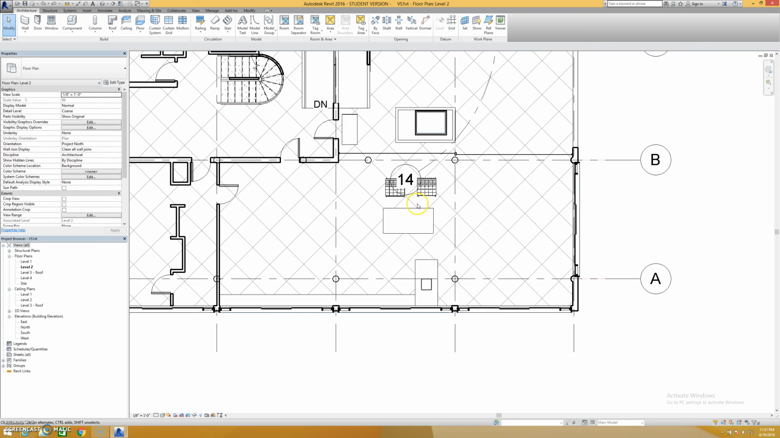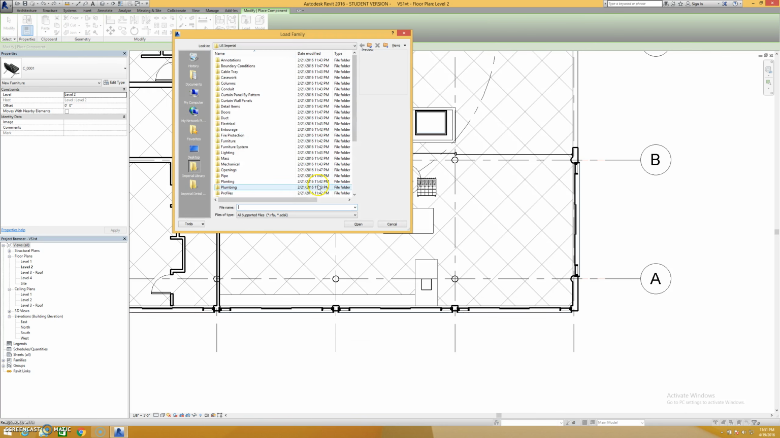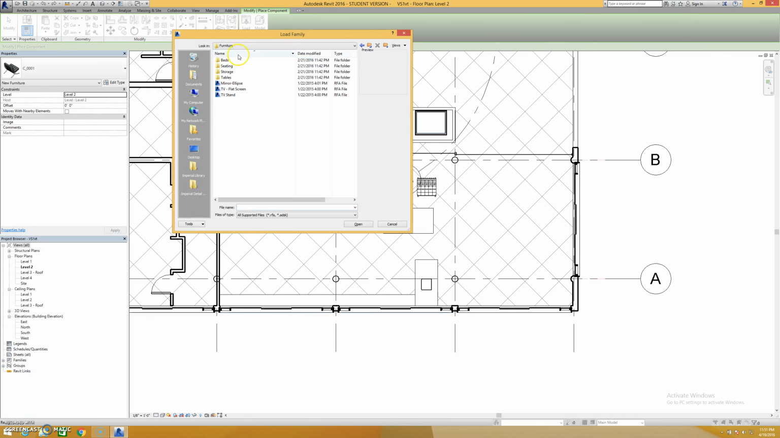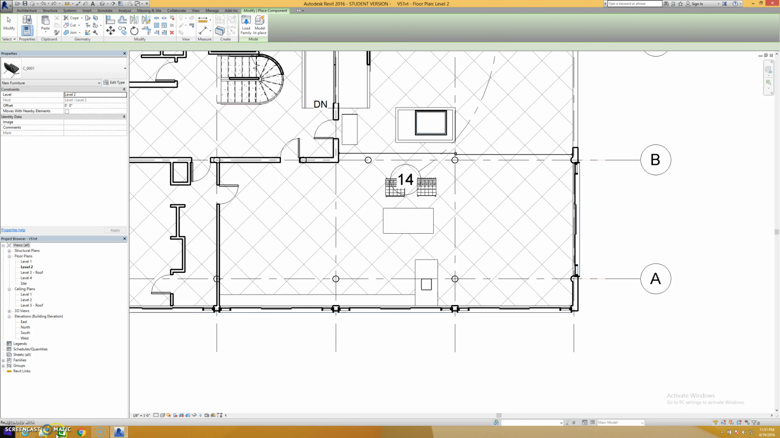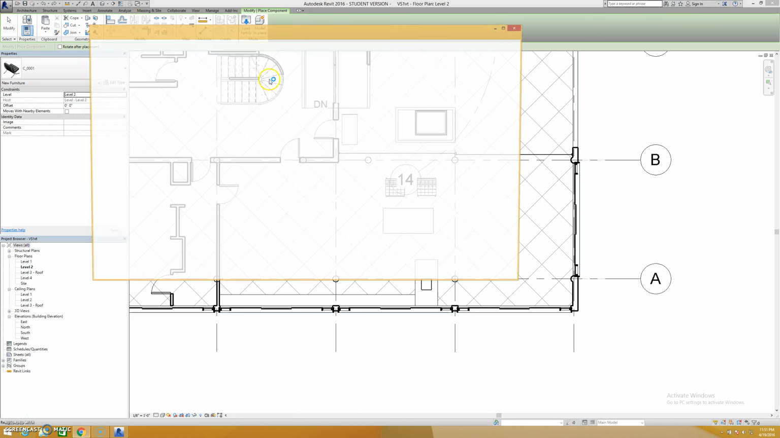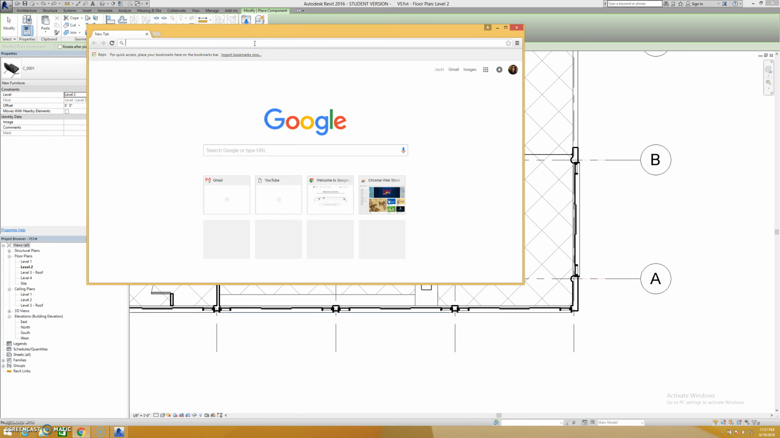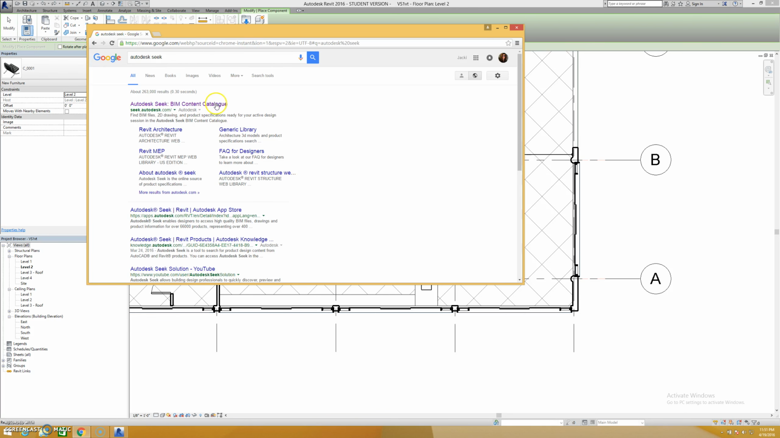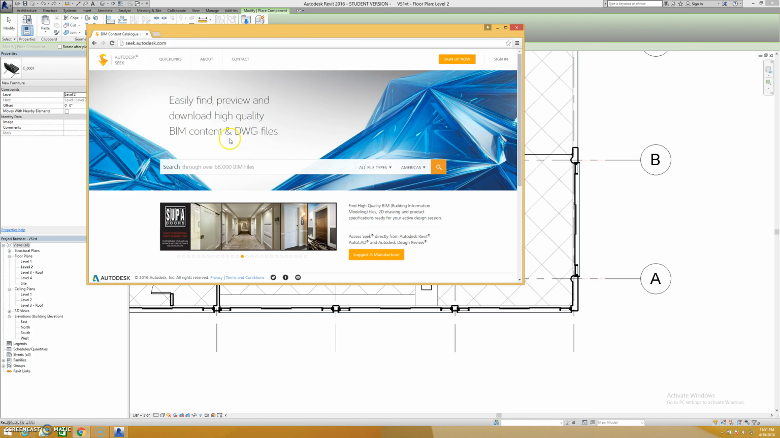Let's say that you don't have the furniture in here that you want, though. You can always go to Component and hit Load Family. The Revit library has quite a bit of furniture already in it. It's not the most attractive furniture in the world, but that's an option. The other thing you can do is you can go to Autodesk Seek here. And let's say I wanted to choose a chair,